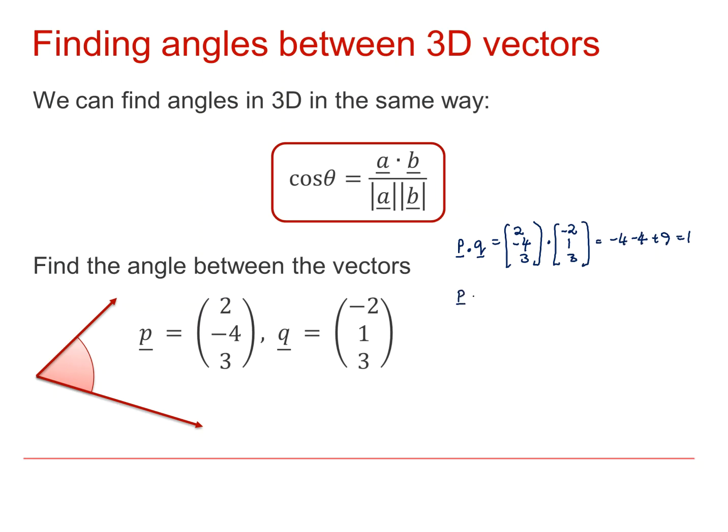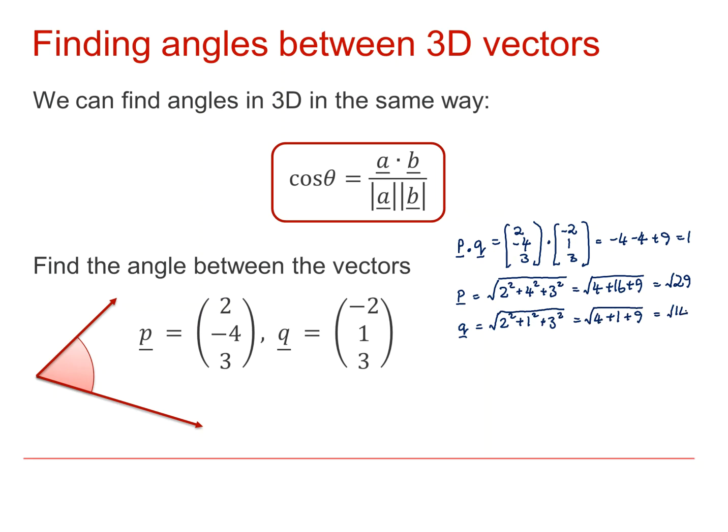Then we need the magnitude of P, which is root 2 squared plus 4 squared plus 3 squared. That's root 4 plus 16 plus 9, which is root 29, and the magnitude of Q, 2 squared plus 1 squared plus 3 squared. So that's root 4 plus 1 plus 9,